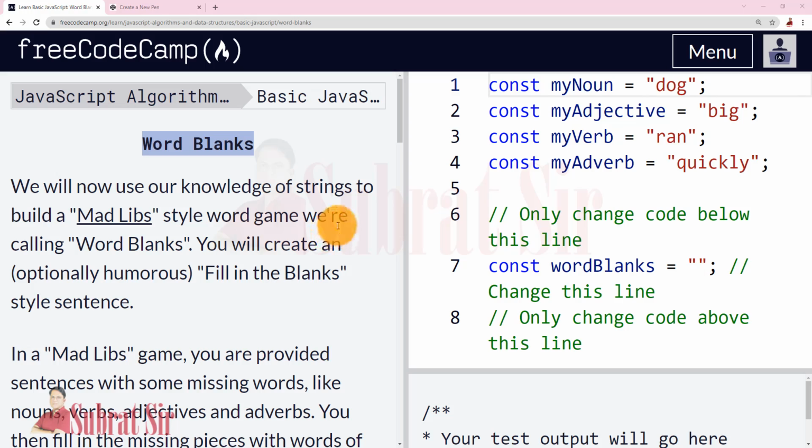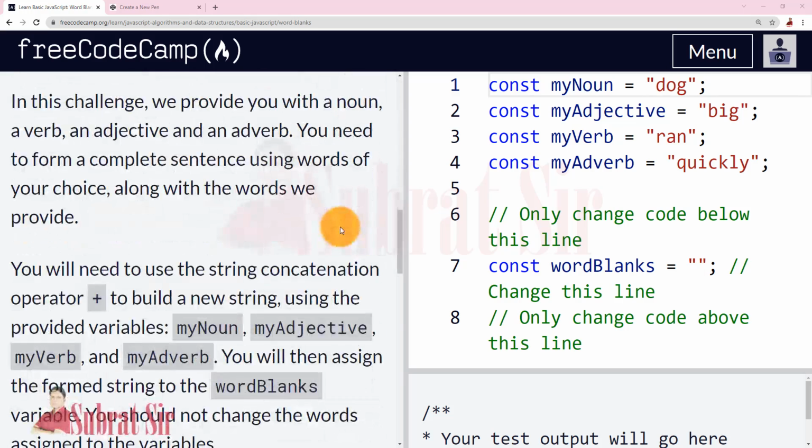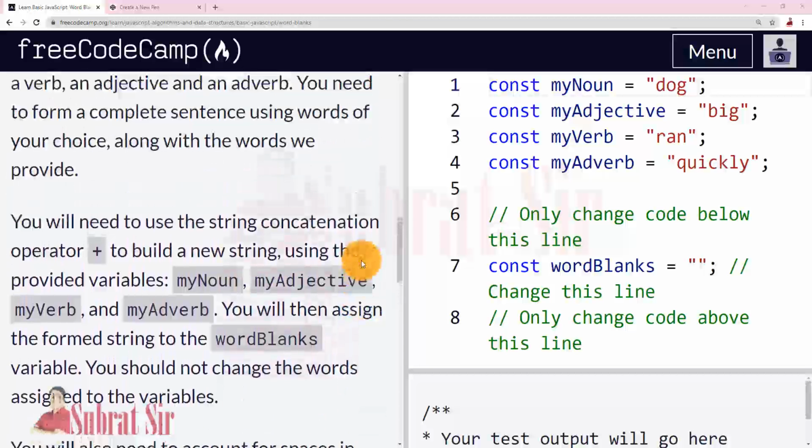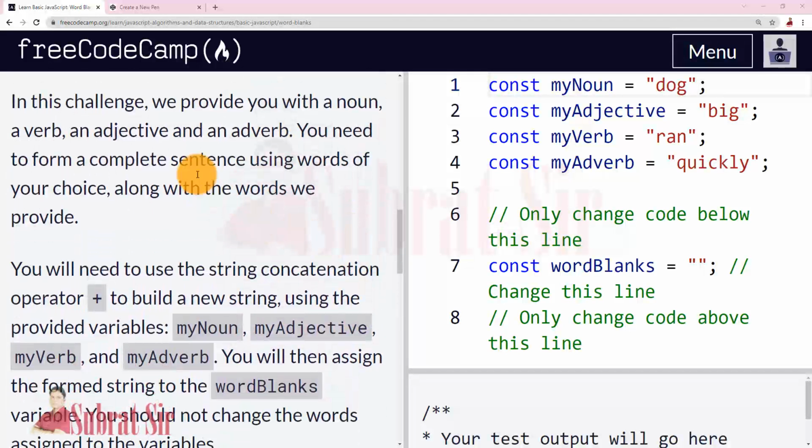Word blanks. Let us directly move to the test of this lesson. In this challenge, we provide you with a noun, verb, adjective and an adverb. You need to form a complete sentence using words of your choice along with the words we provided.